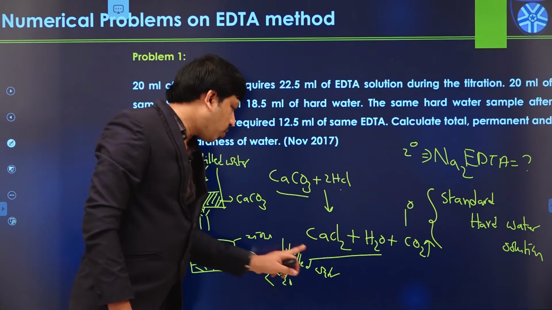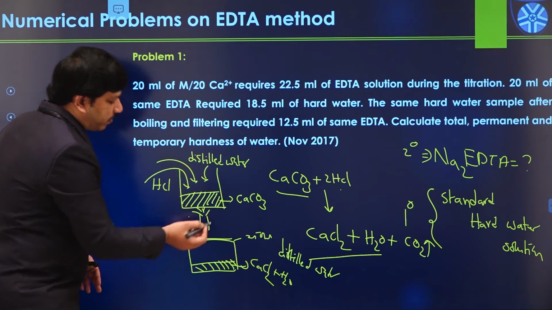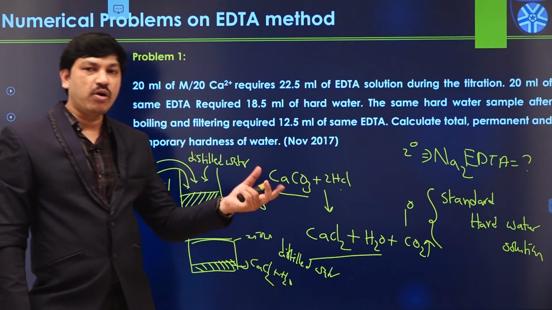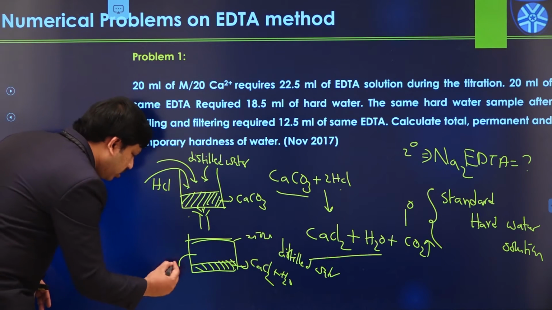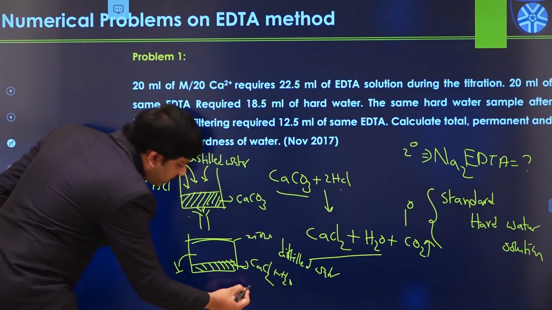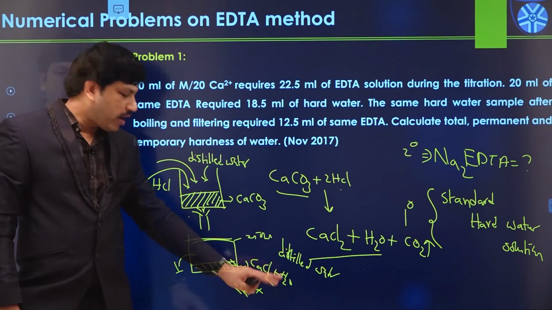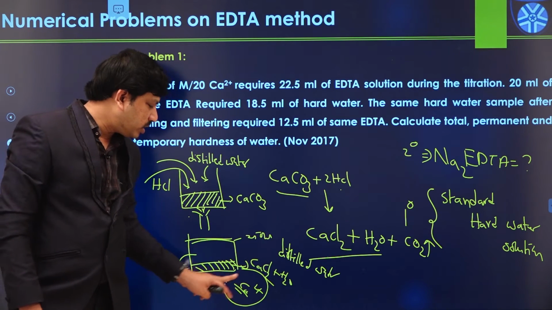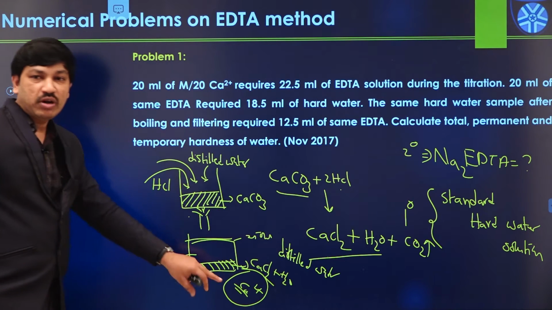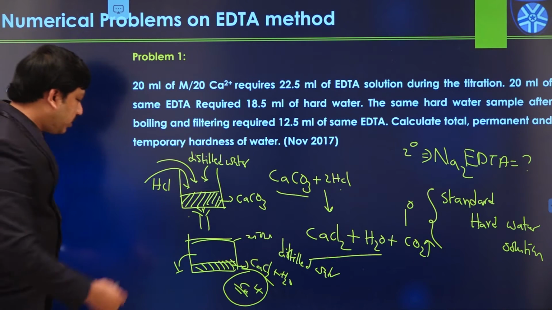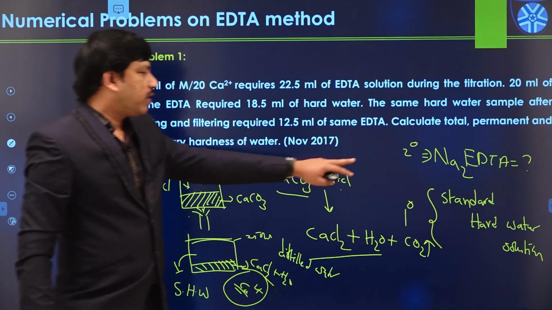This calcium chloride solution, we again have to make up to a particular volume, like 250 ml, 500 ml, or 1000 ml. Then that solution contains only calcium 2+ ions, yes or no? On the other side we have chloride anions also. But basically this solution contains Ca2+ cations only. So this is one of the calcium-containing solutions, but this is acting as a standard hard water for our reaction.